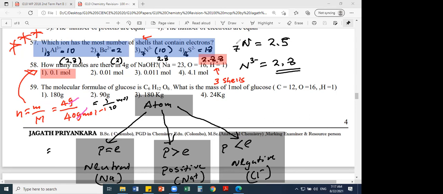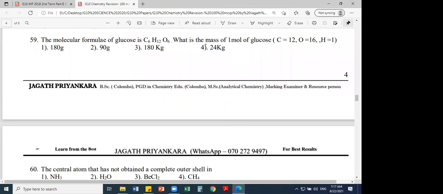Right. Then the 59th MCQ. Who can give me the answer? Molecular formula of glucose. What is the mass of 1 mole of glucose? Okay, I'll erase this. I'll ask the answer from... the same set of students raising the hand, others always silent. Right. Netu? The first one. Yeah, very good, the answer is the first one.